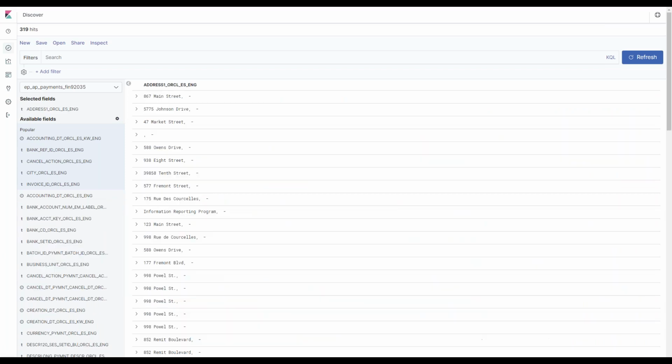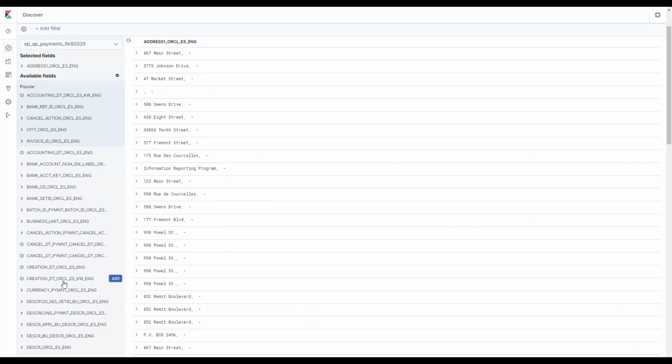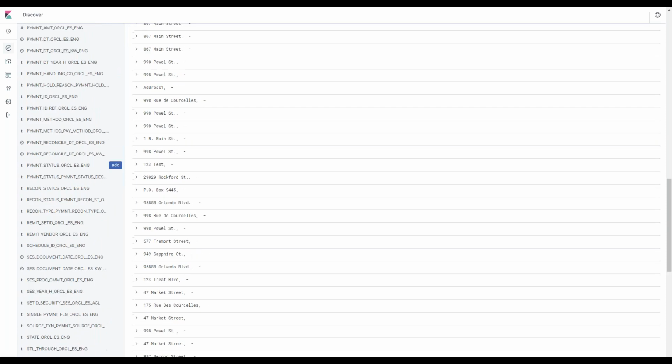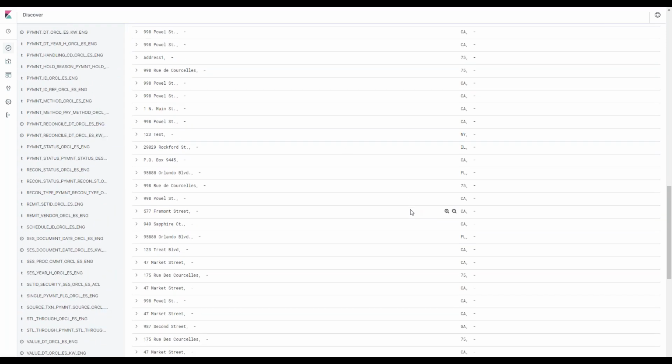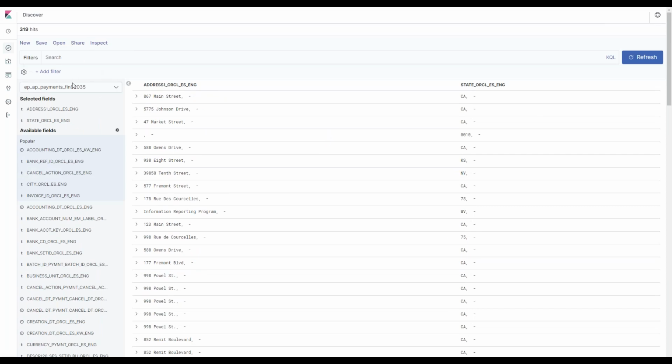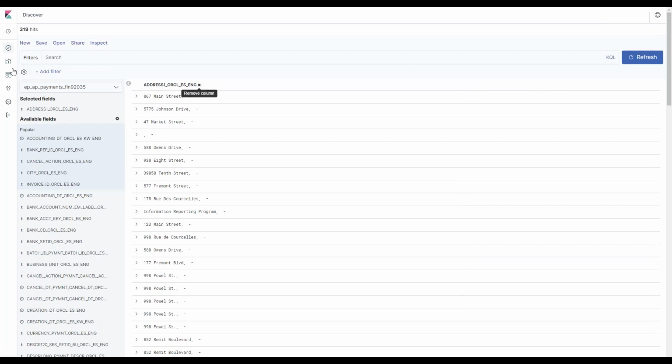If you add this to here, it will start focusing in. So if you only wanted to add the address and maybe something else, like the state that goes with that, you see that as well. But if you ever want to do some quick ad hoc analysis and you're in Kibana, this is an easy way to create and look at data that way.